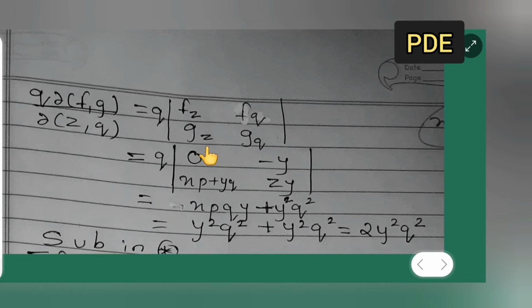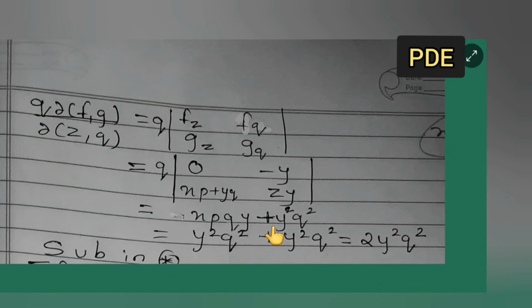Differentiate g with respect to z, I am going to get xp plus yq. Differentiate g with respect to q, I will get zy. You all can see the equation and do it the same way which I have explained already. Now this is equal to what? Now this is 0. So now minus into minus will be plus. So it will be xpy into this q, I am also multiplying this q inside. First term